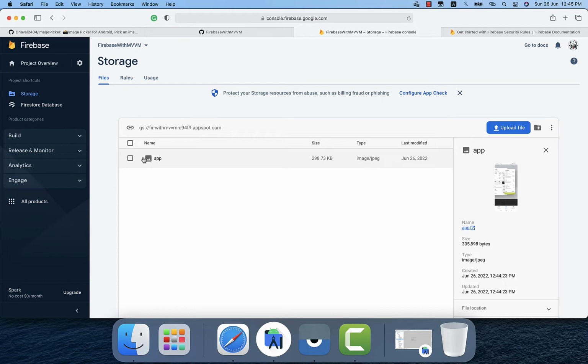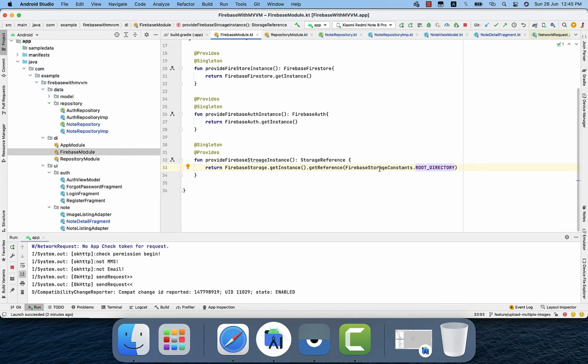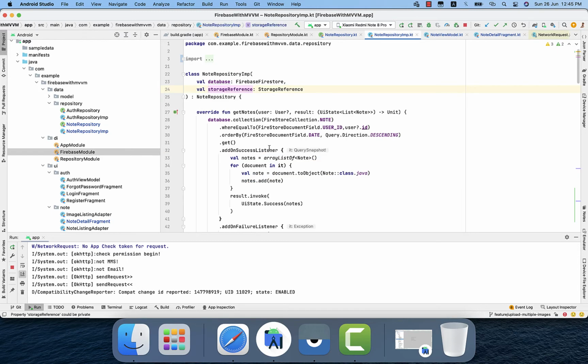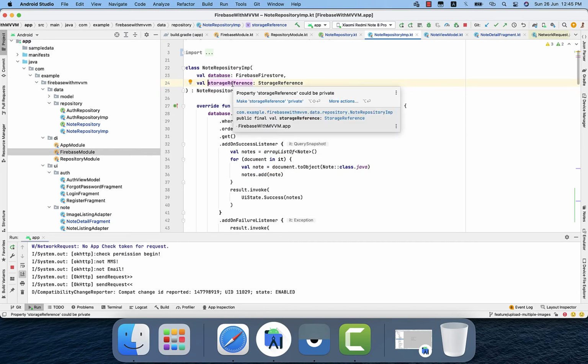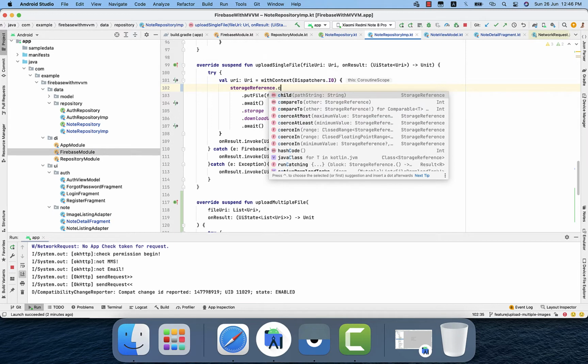Currently we are having a single image, and why is that? We need to check the reference. We have something wrong with the reference. We are actually giving a root directory to that reference. So the wrong thing we are doing is using that same reference for each file. We need to change the reference for every file to a unique reference, so that it doesn't overwrite the old image with the new image. In that case, what I will do is child,